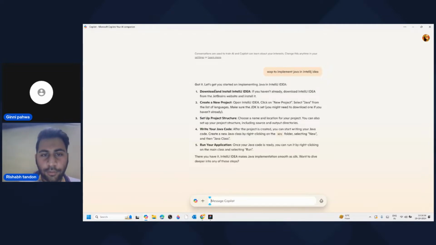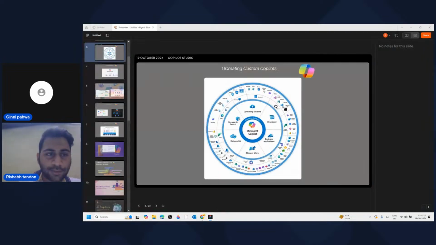Now: downloading and installing IntelliJ IDEA, creating a new project in IntelliJ IDEA, setting up the project structure, and writing Java code. Now the src source folder contains main, and we can write here, and the conversation can continue. Now we are able to understand what Copilot Studio is in a short time. Next,